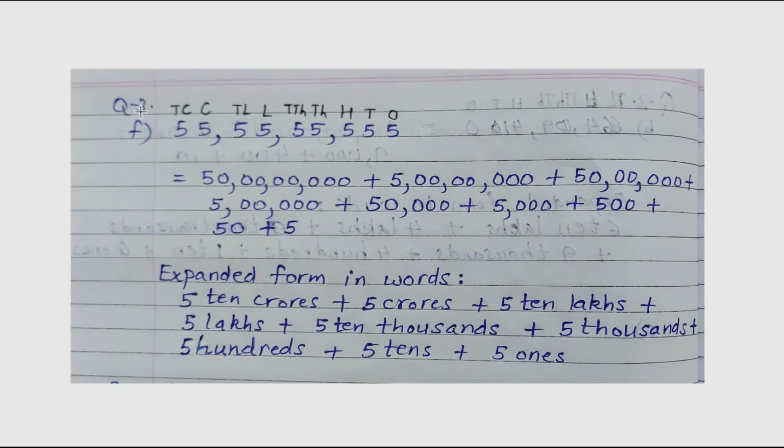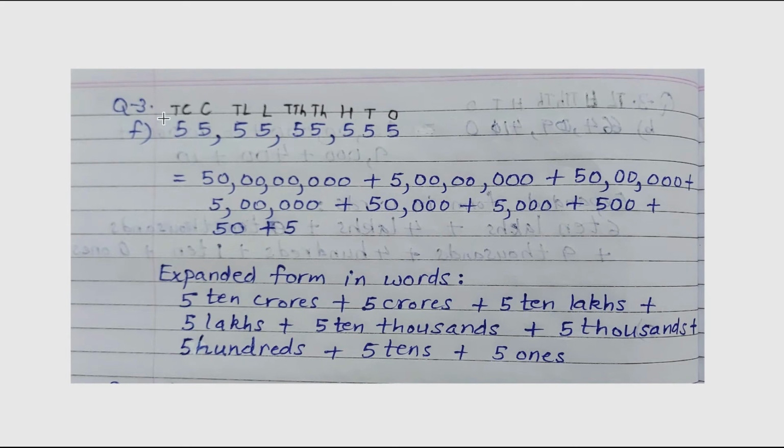Now over here in question 3, the last sub question, if we have the number which is occupying half the line, then you can write the expanded form in figures from the next line. No need to write the expanded form on this same line. Okay, you can write it from the next line. So over here, I have noted down the places above each of the digits, and starting from the left, we